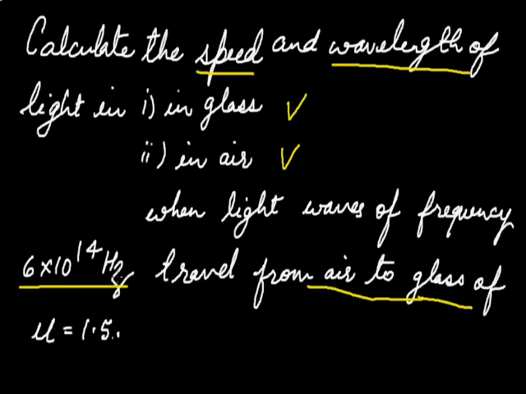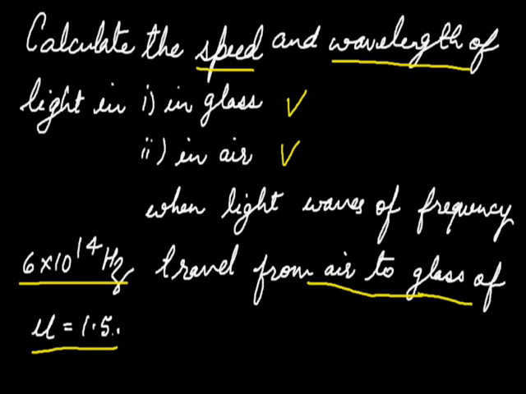As we know, the frequency remains the same when the light ray reflects or refracts. So let's calculate the speed and the wavelength of the light. The refractive index of glass with respect to air is given, and it is 1.5, as refractive index is a scalar quantity, and it is unitless and dimensionless. Now let's solve